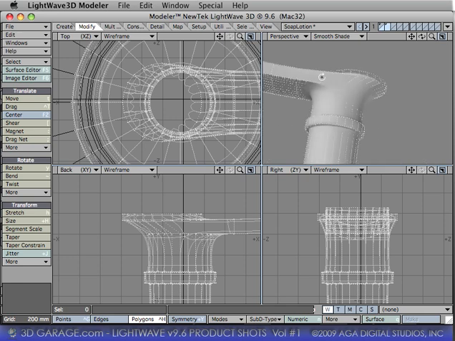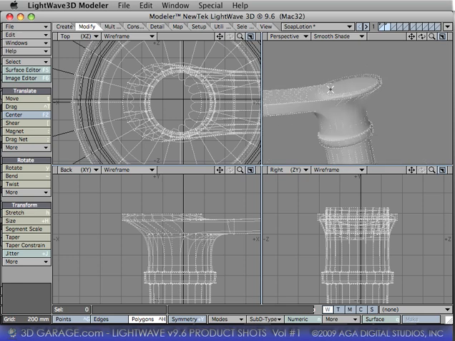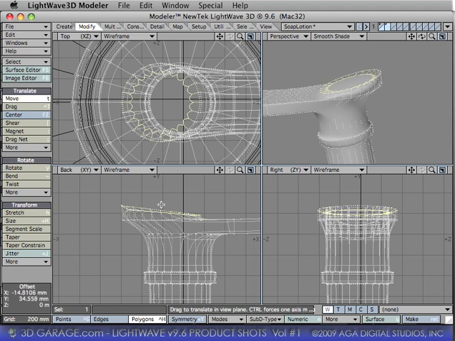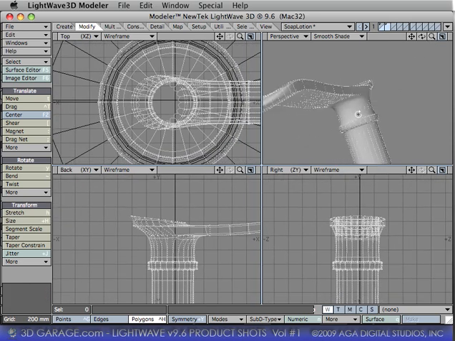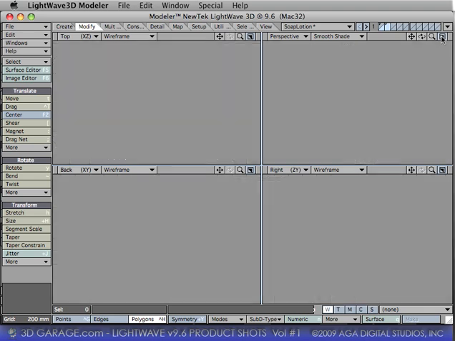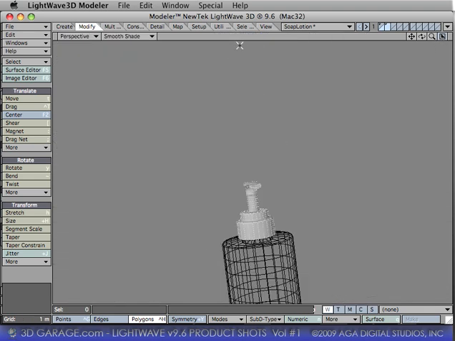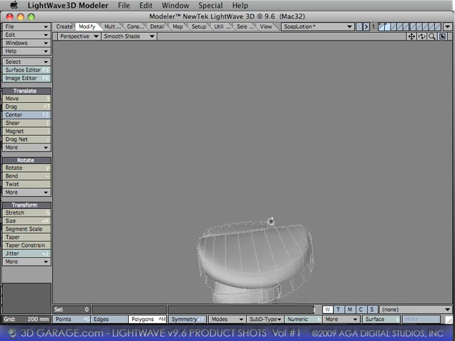Okay. Now you can shape this however you want, and maybe take this guy and just rotate it up just a little bit like that. Pull it up maybe, just to give it a little bit more style. And that way you've got a nice detailed pump. Okay. And then for the front here, what I'm going to do is just come in,